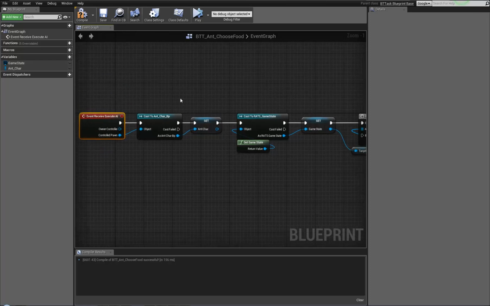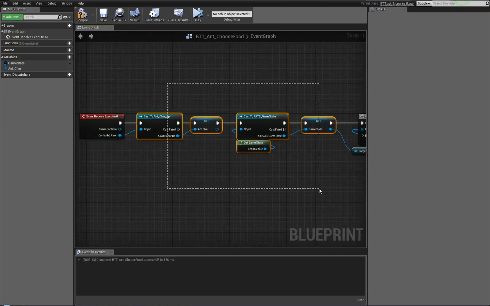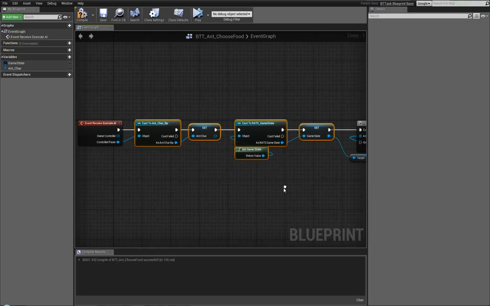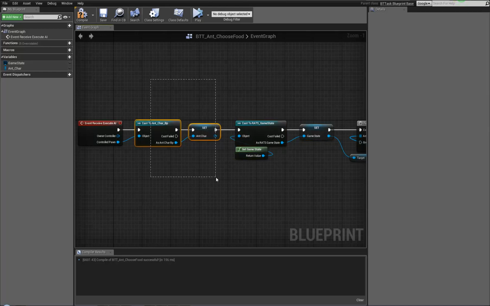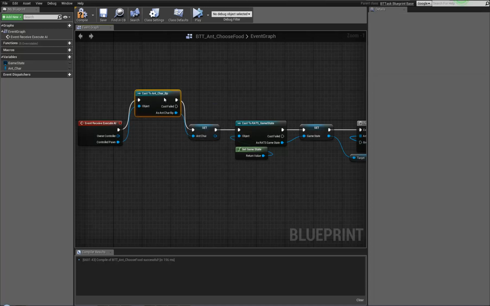And I don't really like that this is going to get run over and over and over again, because this is like an on begin play thing, and I never need to do it again, ever, once I got this. Okay, I mean this needs to happen when it gets spawned, but I could get this and set this information on begin play, but the problem is I can't get to that information without going this far at least. So I might as well do it like this, because it's just as